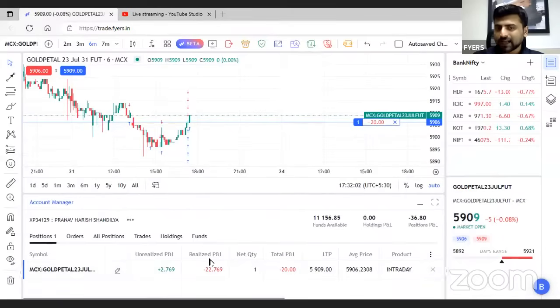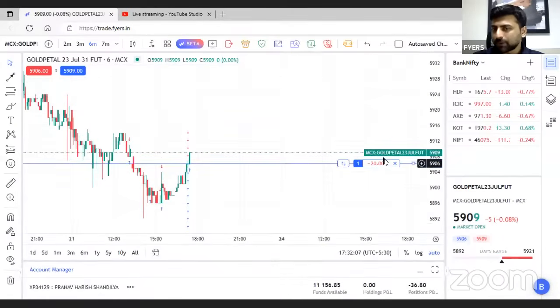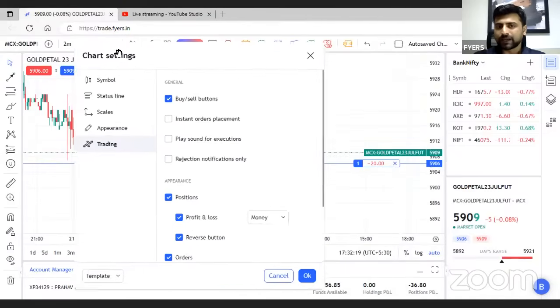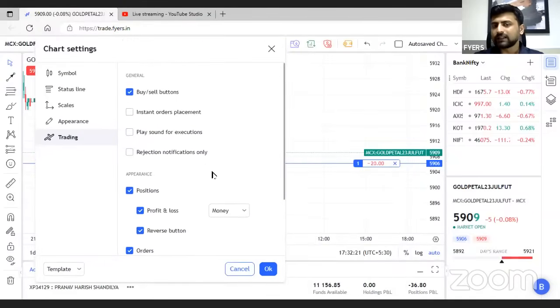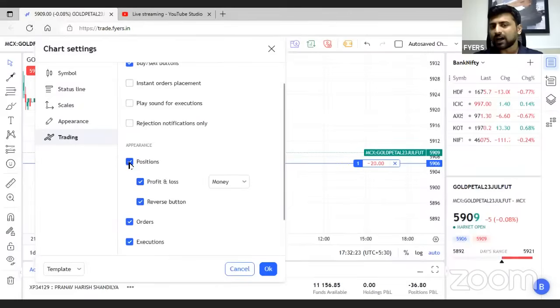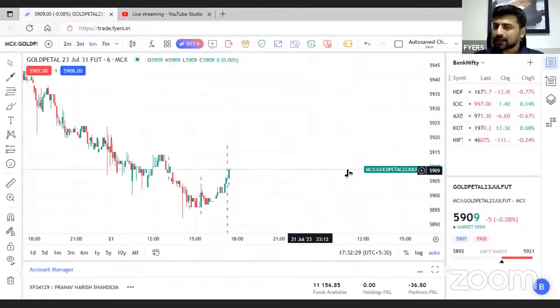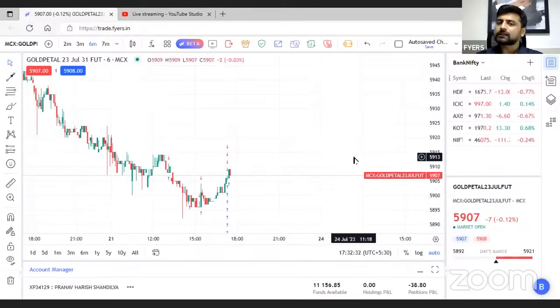So realized P&L and unrealized P&L मिला के यहाँ पे टोटल P&L हमको दिख रहा है which is -20 rupees for example. तो इसको अगर मुझे चेंज करना पड़ेगा तो राइट पे क्लिक करके आई विल गो टू सेटिंग्स एंड सेटिंग्स पे चार्ट सेटिंग्स पे प्लीज ध्यान दीजिए यहाँ पे इफ आई अनटिक पोजिशंस ये वाला पोजिशन का जो है ये चला जाता है. So some people used to tell us that seeing the position right there is sometimes